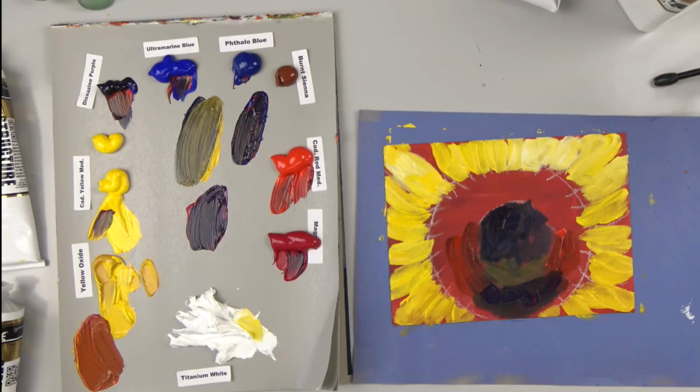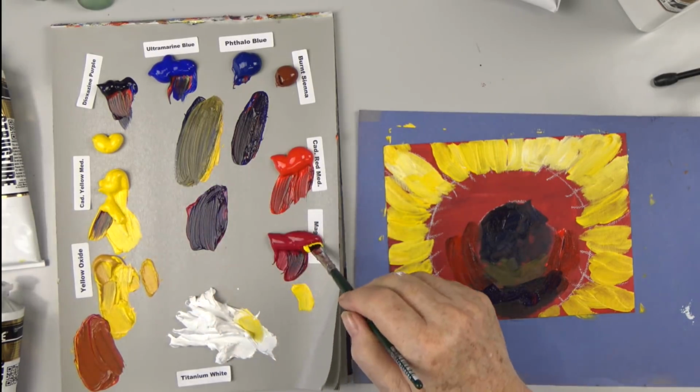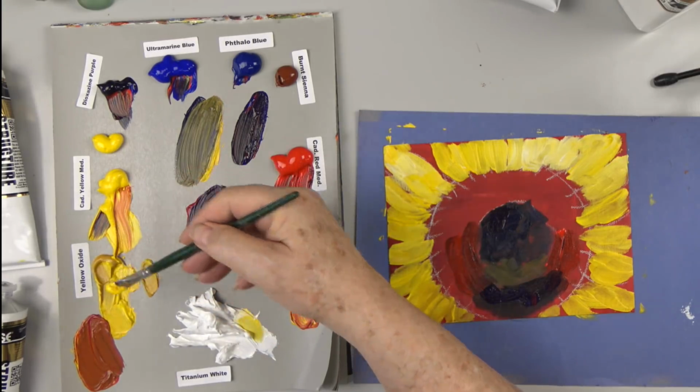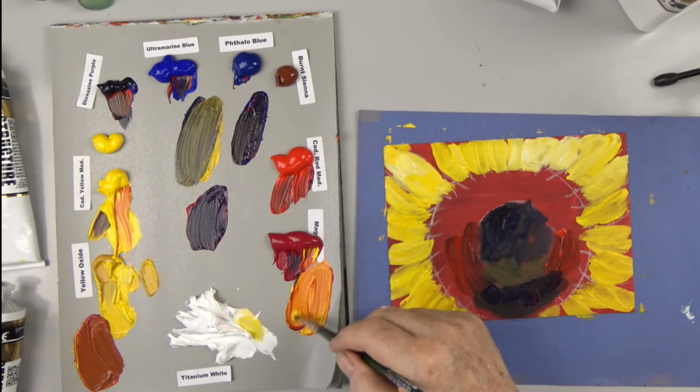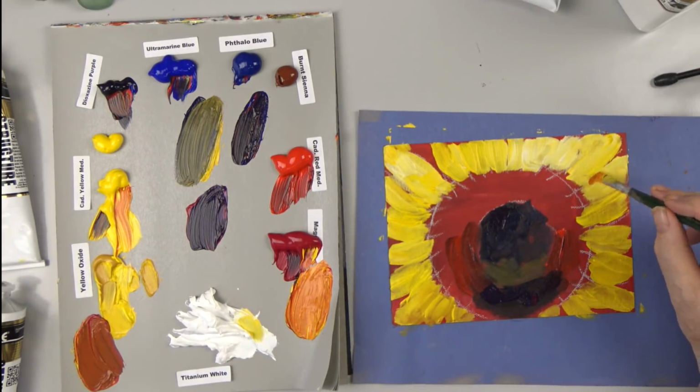And then if I rinse my brush, I just want to wipe it off. I want pure magenta, no blue on it, and yellow. And now I've got this almost sunflower yellow. See that? This really bright color, that's pretty. That's a good shadow color for my